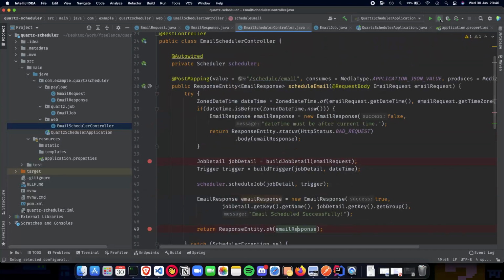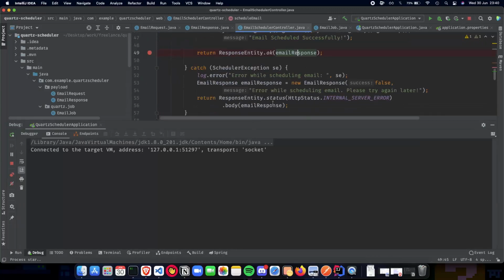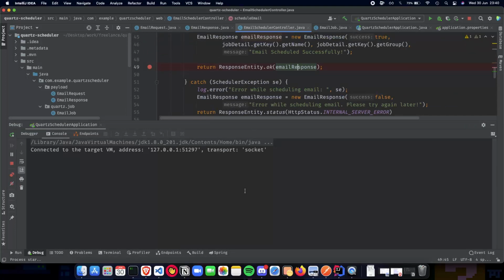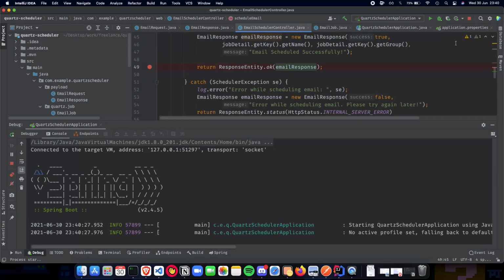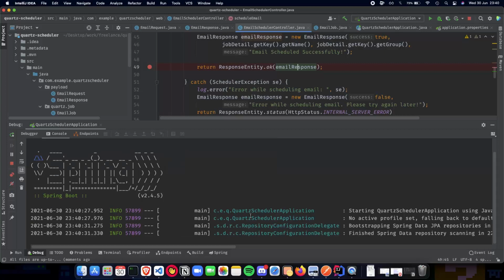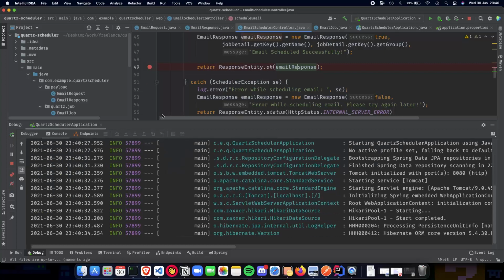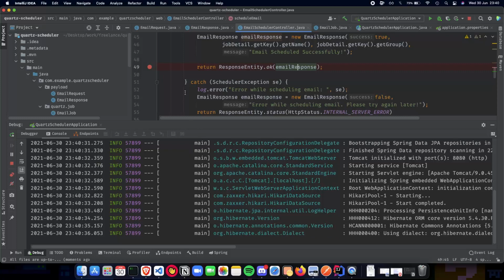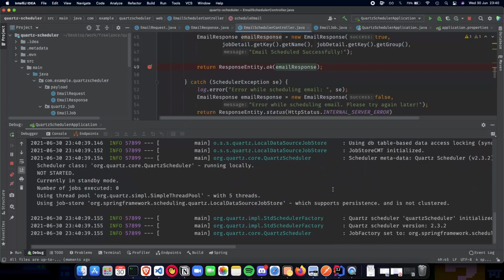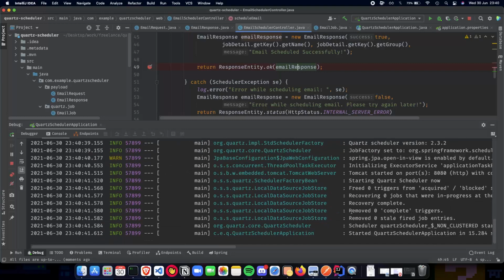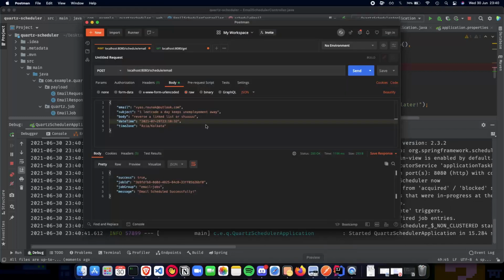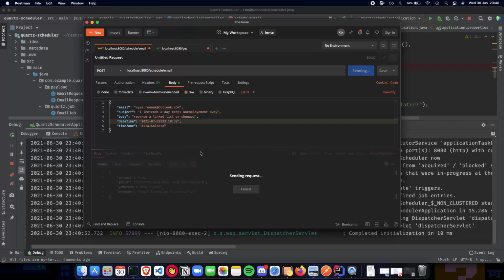Now what you have to do is run it using the debug mode, and this takes comparatively a bit more time to start when you compare it to the run button, because IntelliJ does something behind the scenes to make sure that the breakpoints are actually being hit. Now once this is done, should be over anytime now, and yep, now what we have to do is go to Postman and do a send here, basically trigger our process. And once we do that, you'll see that we go inside the debugger console.